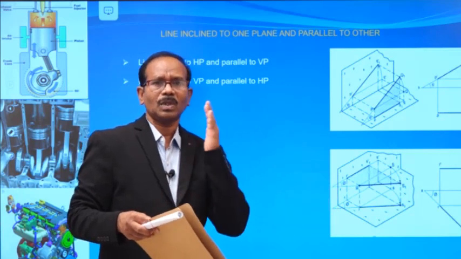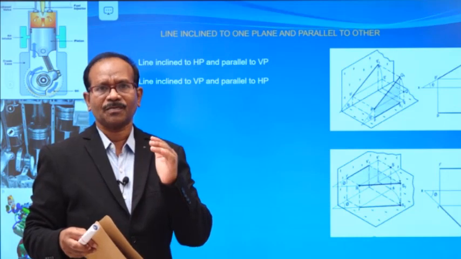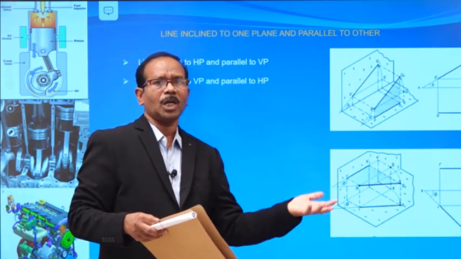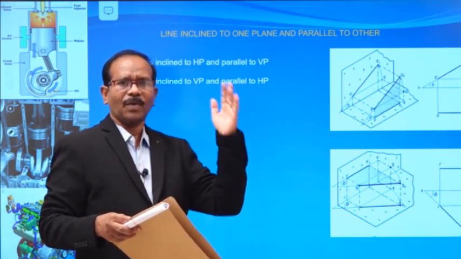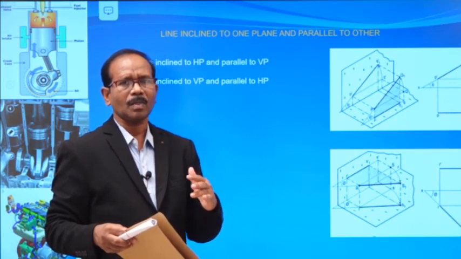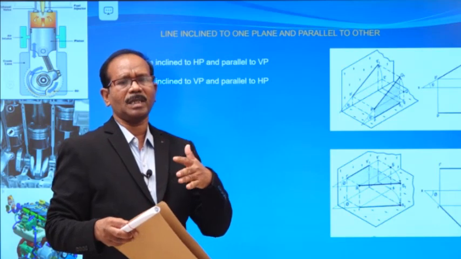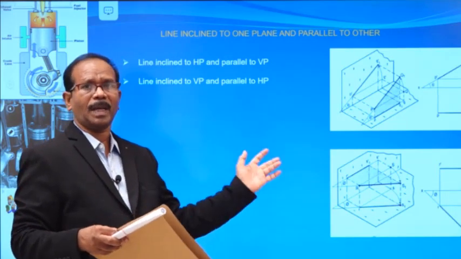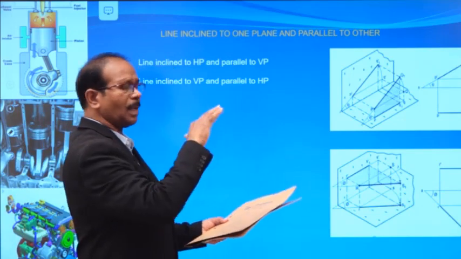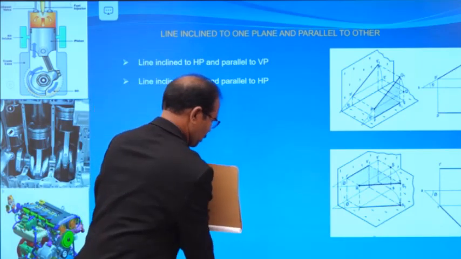The basics are how the orientation of a line is with respect to the reference planes, and how it is placed, according to the fundamental concepts already told in the projection of points: above measurements, below measurements, behind measurements. Implement those concepts and solve these problems. Based upon these concepts, a problem sheet has been designed. Let's see the problem sheet.